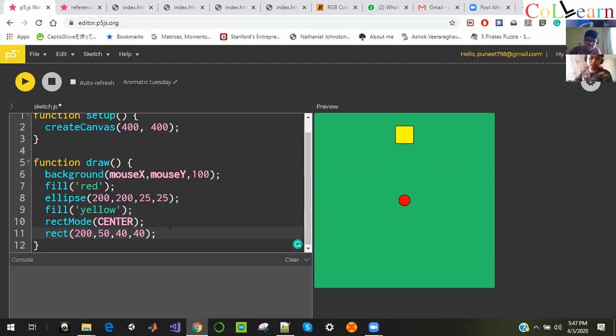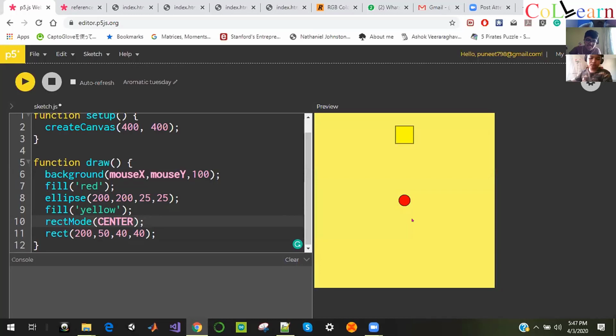So the question is, why do we need to write center in capital? Because it's the way they have written the code. They want us to write center in capital. It's a good question. I have to check. Will it work if I don't write it? No, it won't work. They want us to write certain main commands in capital. So you can see if the command is right, it will show up.